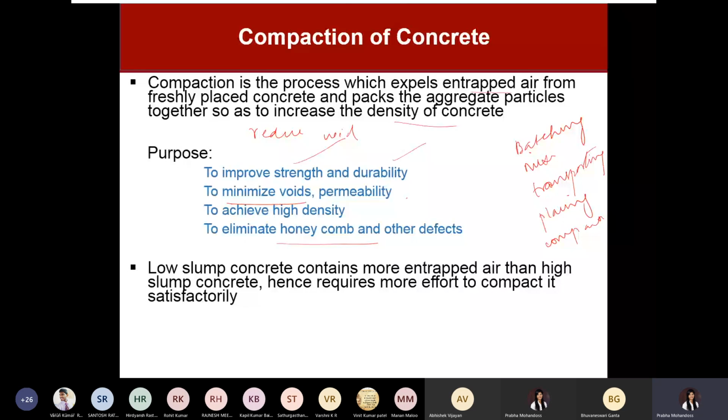So low slump concrete contains more entrapped air because the compaction will be less in that case. To compact that, you need to give a lot of energy, and more effort is required to compact the low slump concrete.